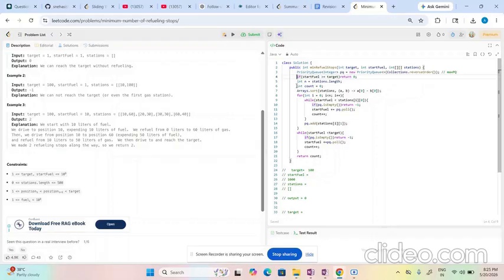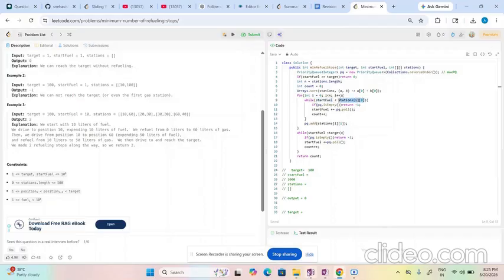Now coming forward, if we have started to move through the stations, it is better we sort them in increasing order of the positions. So 10 comes first, then 20, then 30, going forward in increasing order of positions. We have done that here. After that, we are moving on to the array given for the stations, and we are checking whether the start fuel given to us is less than the station position.